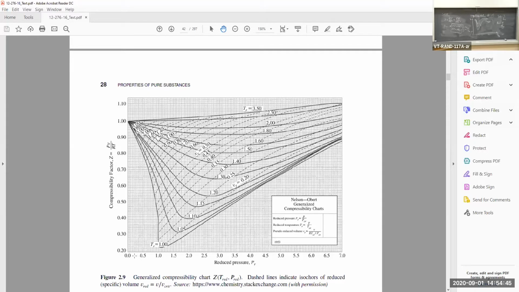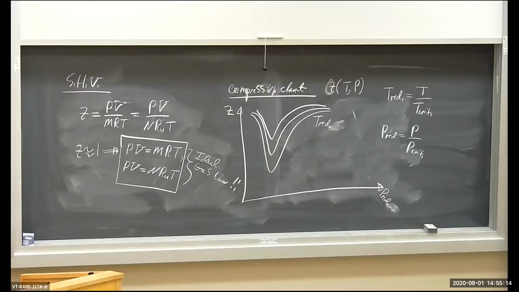So as reduced pressure goes to 0 and we go from left to right on the x-axis, the reduced pressure axis, the Z factor curves, the compressibility factor curves all collapse to 1. So the first thing we can think of is as reduced pressure goes to 0 or gets very low, Z goes to 1. So that's the first thing to say. So the first thing to notice is,